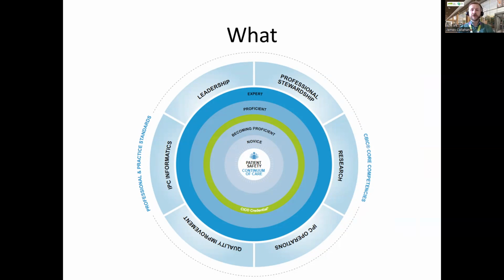From the middle, moving outwards, you'll see that it starts with being a novice IPAC lead, and then as time and experience and likely a few mistakes, as was the reality in my case, IPAC leads start to become proficient. This is when you should consider challenging the exam to obtain your certification. And I want to highlight the LTC-CIP certification isn't an end goal. It is simply a goalpost in your career for infection prevention that will show you've reached a certain level of proficiency that's universally recognized in the field.